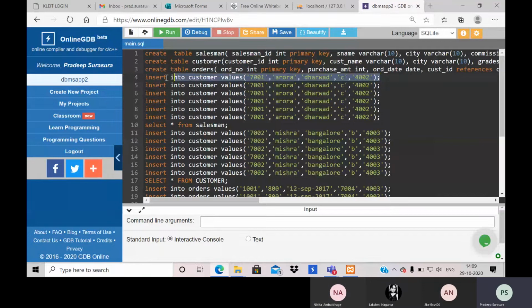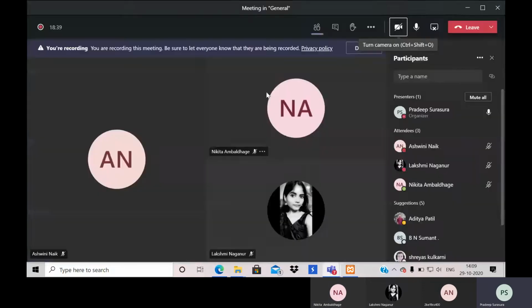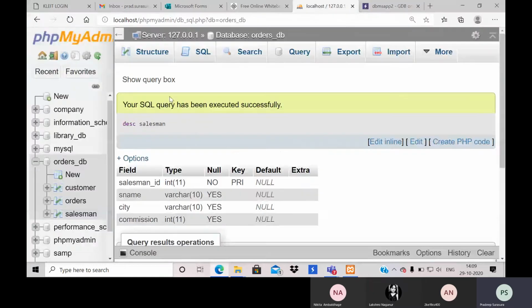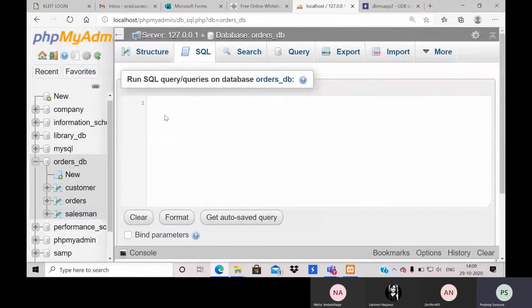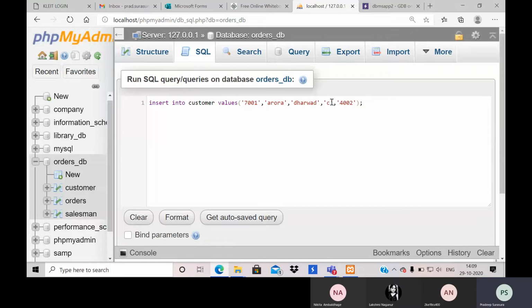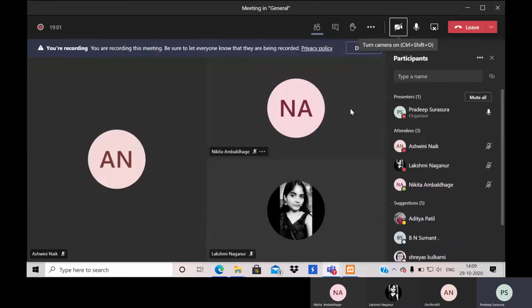Okay, so I'm trying to insert some values in the first table. So customer table, this is customer name, customer city, followed by this, that was integer, right? Wait a minute.